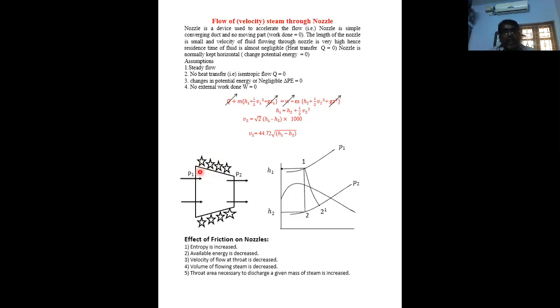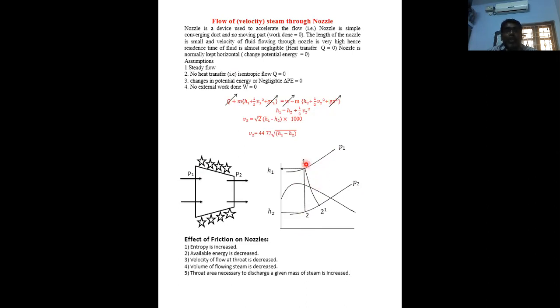Here, from this line, some friction will start. Friction means heat is generated. So if heat is circulated at the inlet of the nozzle, the dryness fraction will increase. Based on the Mollier chart, enthalpy is on the x-axis and entropy on the y-axis. Here P1 is the initial pressure and P2 is the outlet pressure. From 1 to 2 is an isentropic flow, which theoretically happens, and the heat drop occurs from H1 to H2.